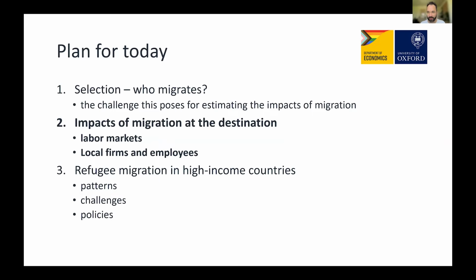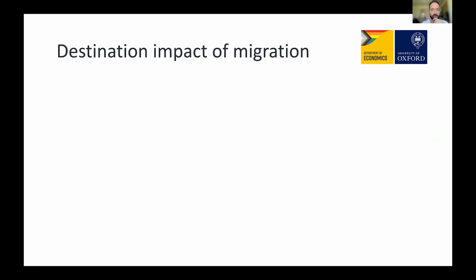So it looks like, at least by revealed preferences or some of these lottery measures, that there are potentially large gains to migration for migrants. But how does that now impact labor markets at the destination, and local firms and employees? So the first thing that maybe comes to mind,